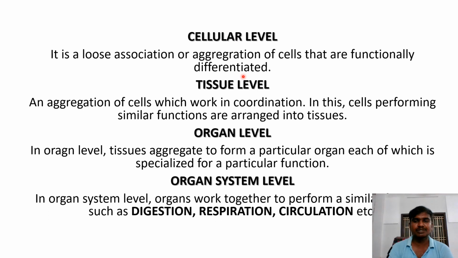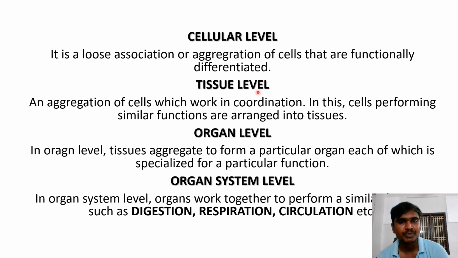Next, levels of classification. First is the cellular level. It is a loose association or aggregation of cells that are functionally differentiated. Different cells are present in our human body, performing different functions. For example, the nerve cell is useful for carrying signals from the brain to body parts and back to the brain. And also the blood cell is useful to carry oxygen